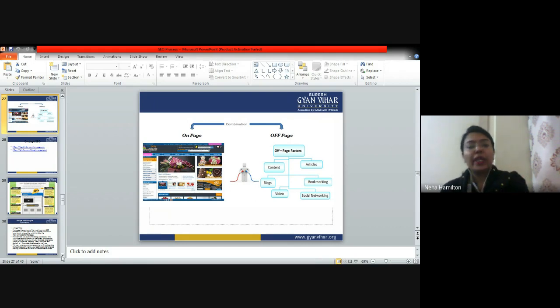Now, when I talk about off-page optimization, I am talking about something that is not visible to me on a particular web page. Now, what are those things which are not visible to me? They are actually the links, the linking from the social networking websites, the linking from the other pages, right?